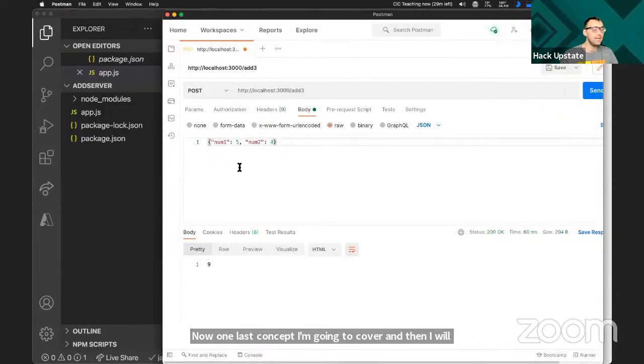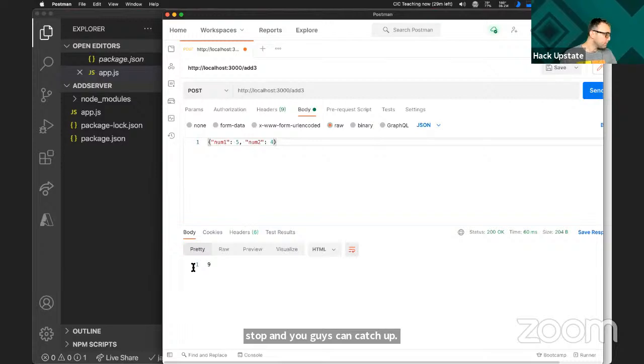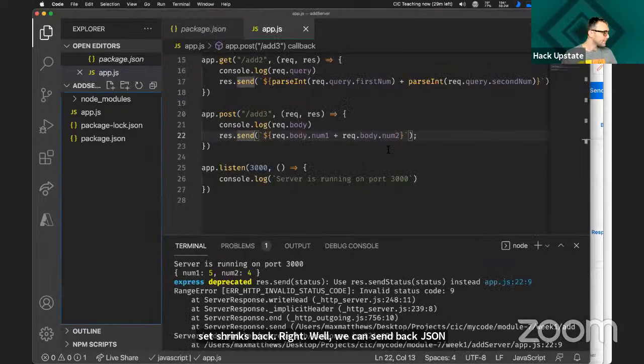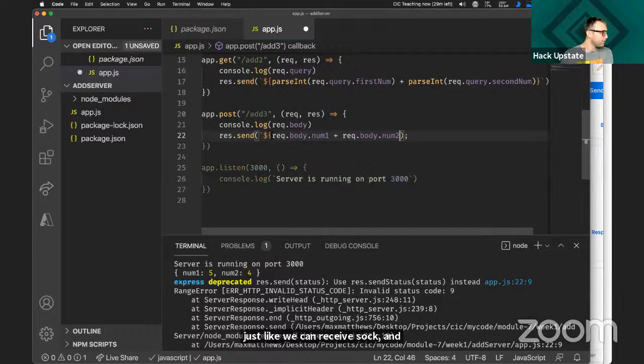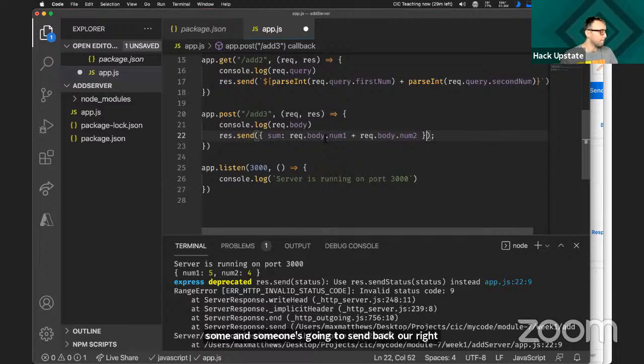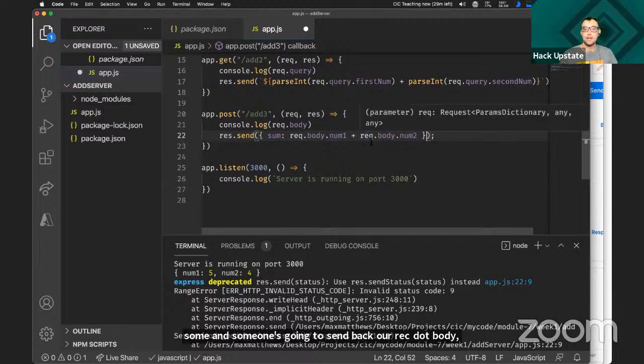We're sending our data in as JSON, but so far we've only sent strings back, right? Well, we can send back JSON just like we can receive JSON. And Express is going to have that magic built in for us. So we can actually send back an object and call it sum. And sum is going to send back our req.body.num1 and our req.body.num2.